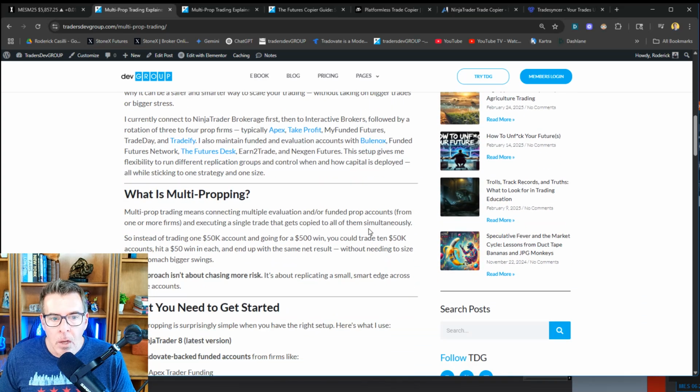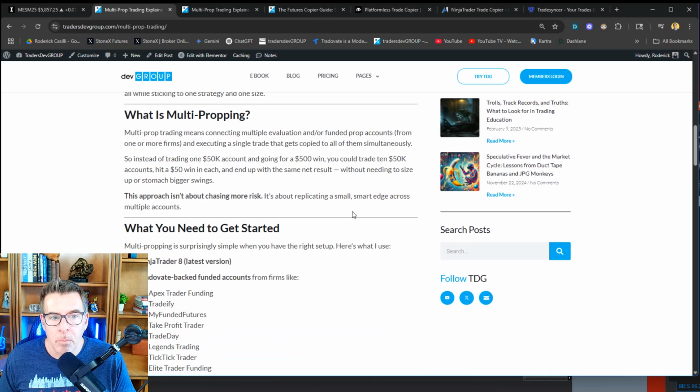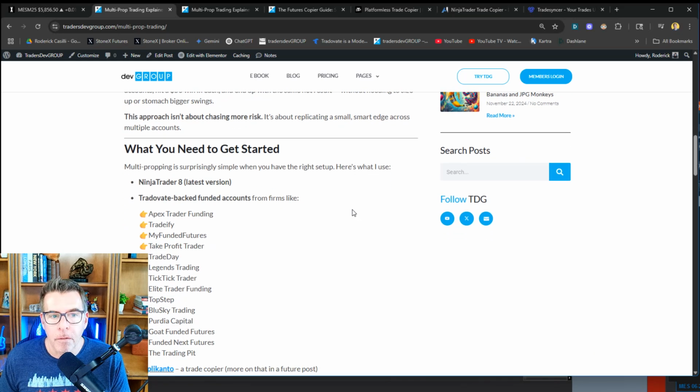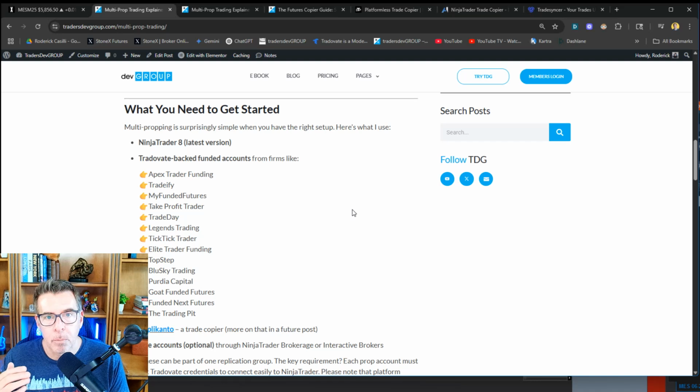All right, so I won't read this whole thing, but essentially multi-propping is what it sounds like. It is connecting to multiple prop firms and then using software and platforms to trade across those various firms at the same time. Now, the easiest way to do this is to work first with prop firms that support Tradovate,